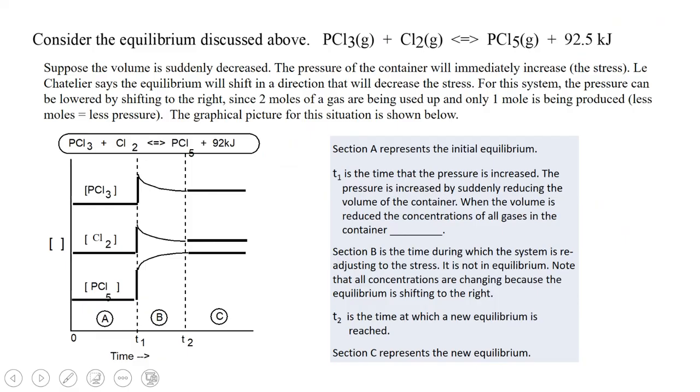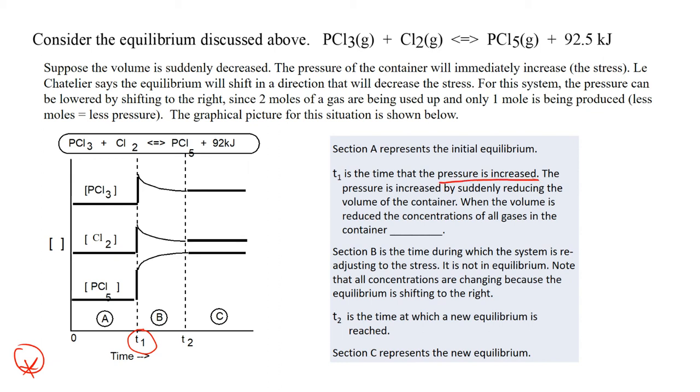So here's an example, same reaction from before. Now notice, don't worry about drawing these. It's not something that we have the time for. So if you're having trouble thinking, well, how do they draw exactly what's going on? We just want to be able to look at them and try and figure out what's going on. So at time 1, this system that was at equilibrium,